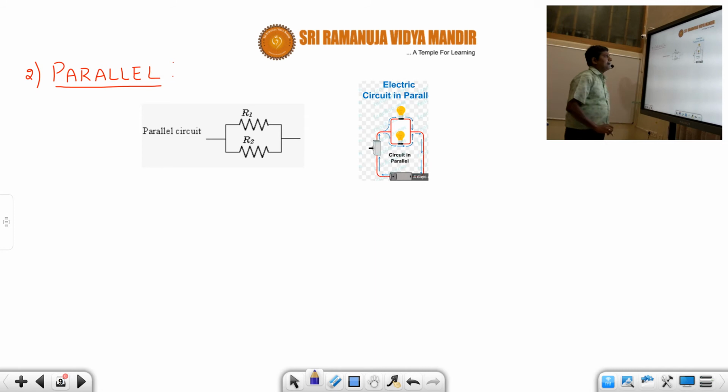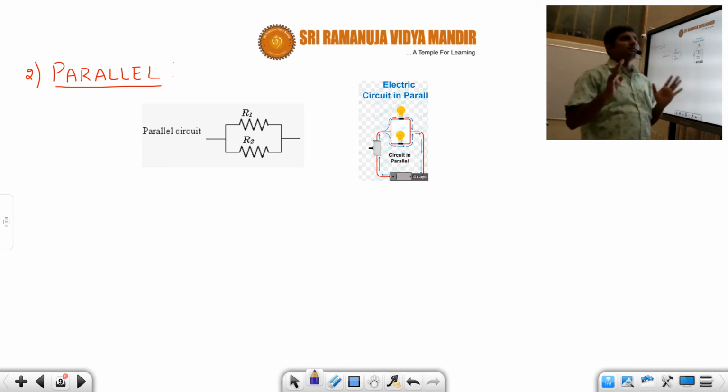Now let us go to the parallel connection, students. What is meant by parallel connection? Of course, all our household appliances are connected in parallel. Most of you must be knowing this. All the appliances in our house, whether tube lights, fans, ACs, or computers, whatever electrical appliance is there in our house, all are connected in parallel, students. That's why when you switch off one, it will not affect the other. Suppose you are in a room and you switch off the fan, it will not switch off the tube light because they are in parallel.